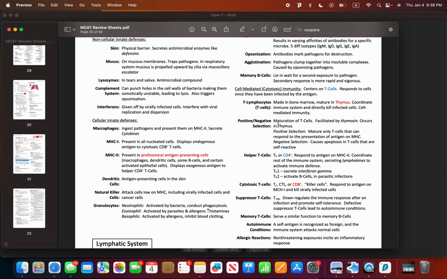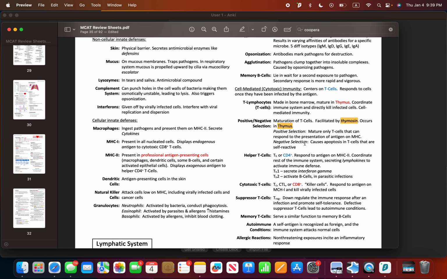I believe this is the only place that we are going to encounter thymus. So we don't need to know much more about thymus and thymosin. All we need to know is that it's for the maturation of T cells. So the positive selection is when you mature only T cells that can respond to the presentation of antigen on MHC. So whenever it's affiliated with MHC, you only mature T cells that can respond to the presentation of antigen on